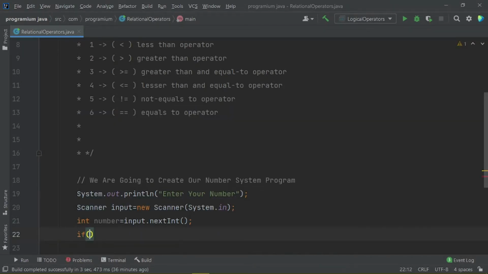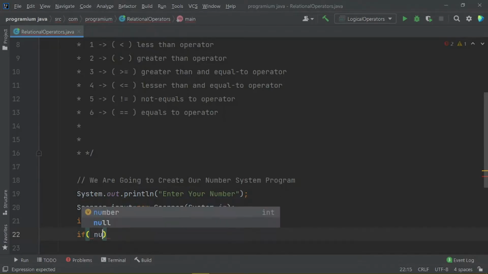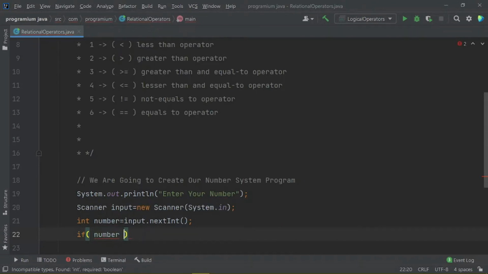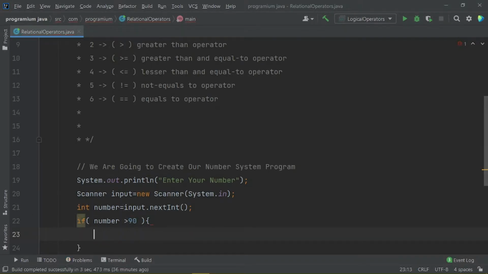We will be putting an if statement here, that if number is greater than, sorry, this is less than, if number is greater than 90, then simply tell the user, you got A grade.